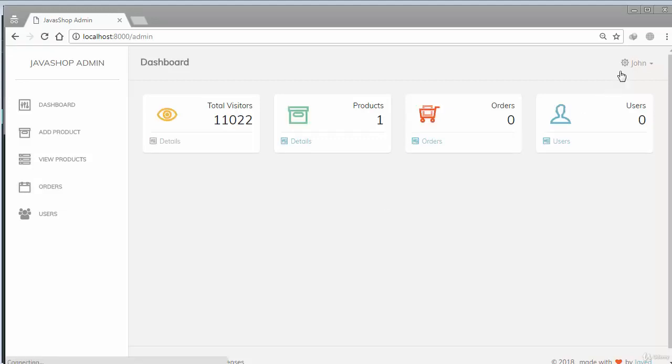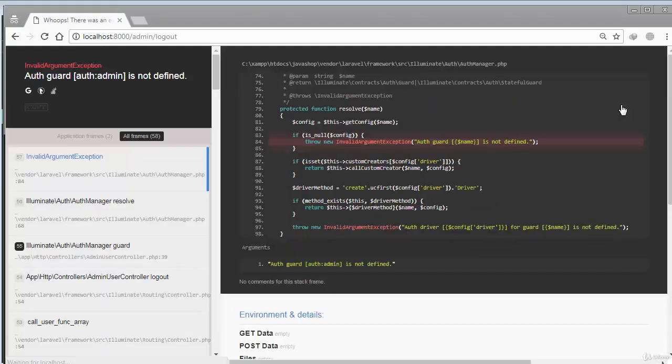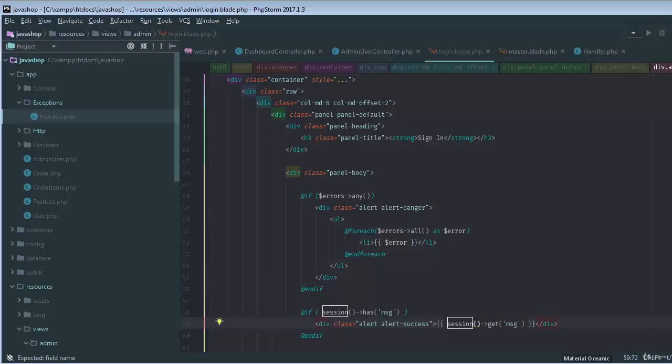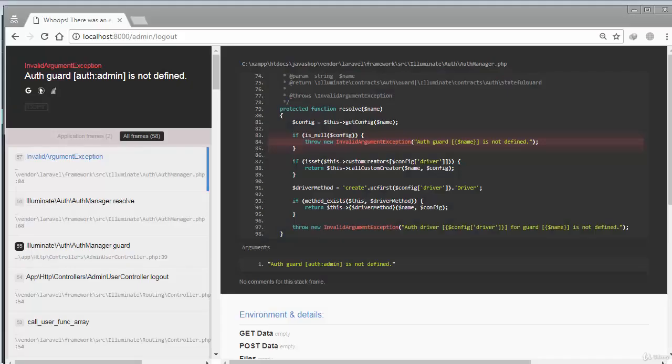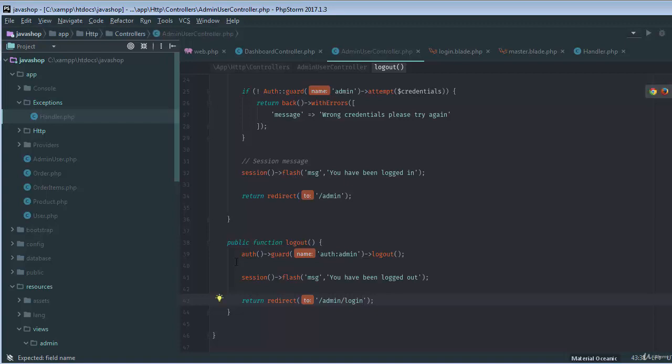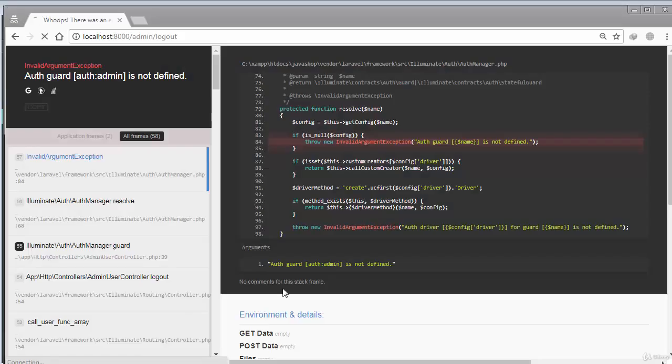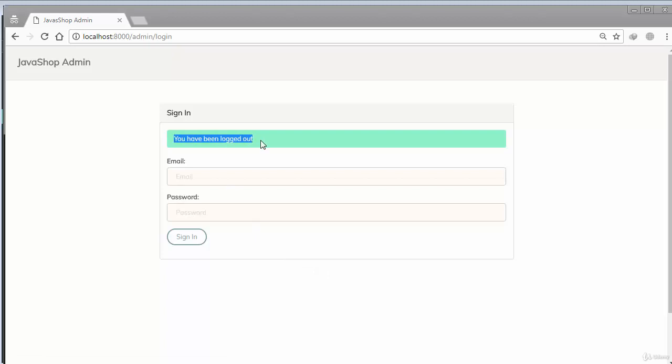so if you just reload the page and go and log out this page, oh, there's a problem. Auth guard auth admin is not defined. So let me just debug this problem real quick. I think the error is inside our controller. Oh yeah, we don't need to directly say that auth guard here. We simply say just destroy this admin guard here. Okay, so if you just go and reload the page again, and there we go, I have been logged out